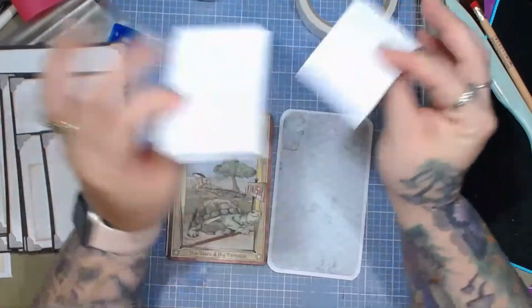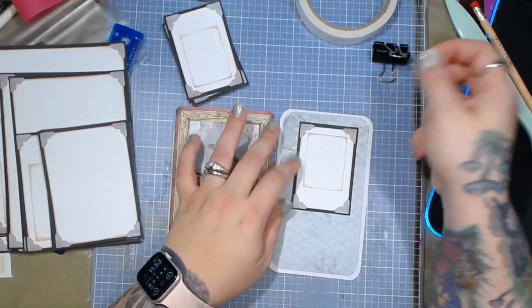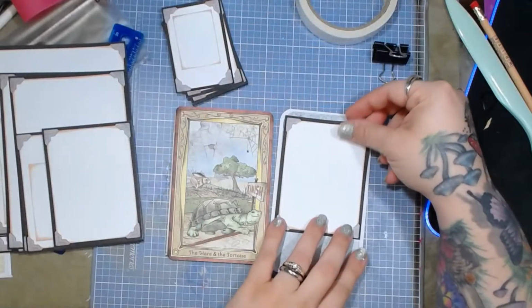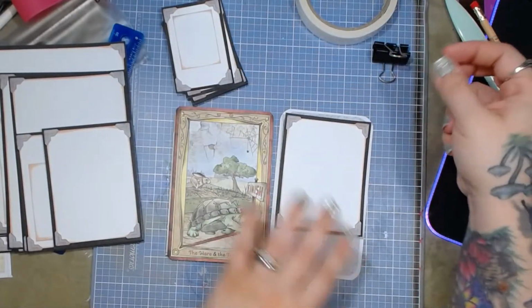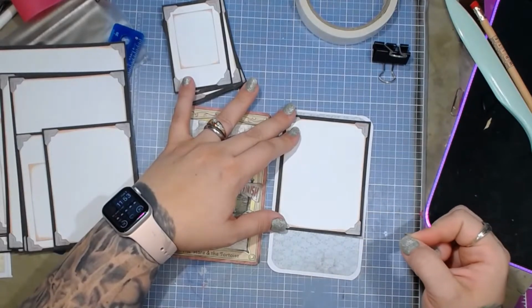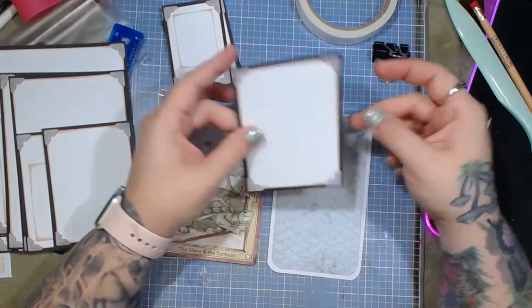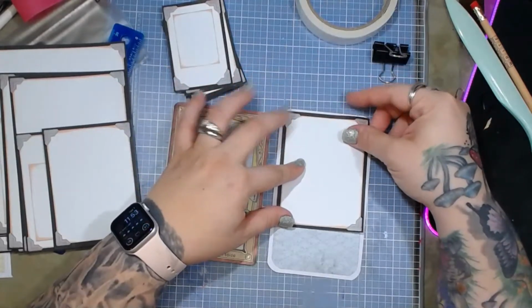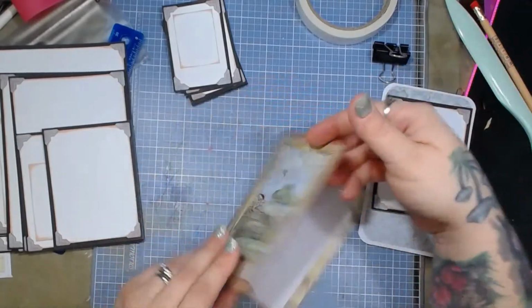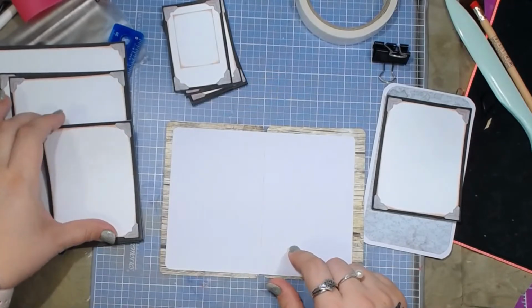So I printed every page, just so I could have the different sizes available. So like, see, that would work there. And then you would have that underneath to have a caption. And so what I would do with this is I would trim it down ever so slightly around the corners. And we can do that. This one here, I really need to put this in here first, but